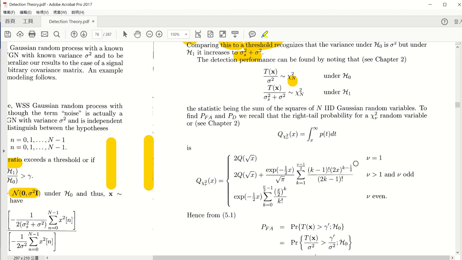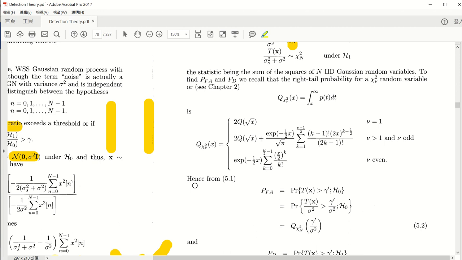So this is a more complicated form. And then if V is even, then it looks like this. You have exponent of minus x over 2 times a summation up to V over 2 minus 1 of x over 2 to the k, and so on and so forth. So from 5.1,